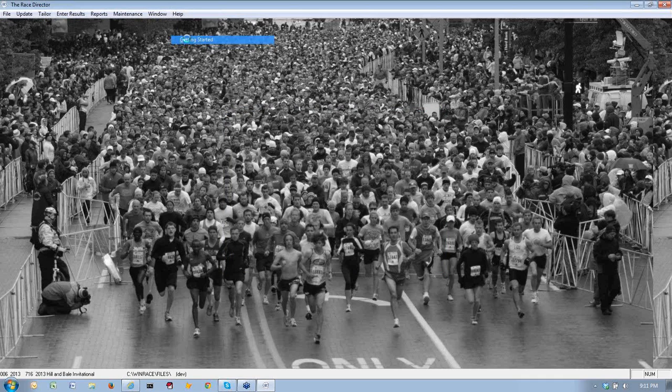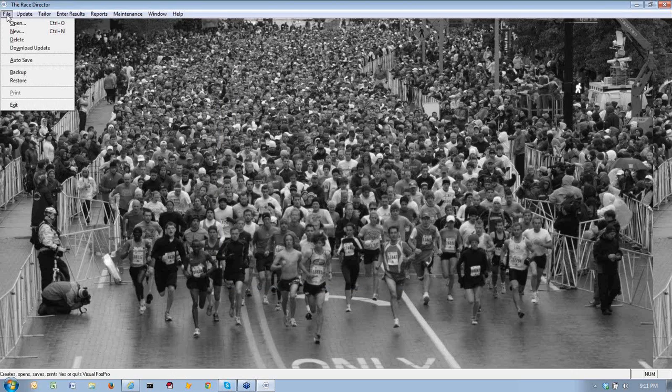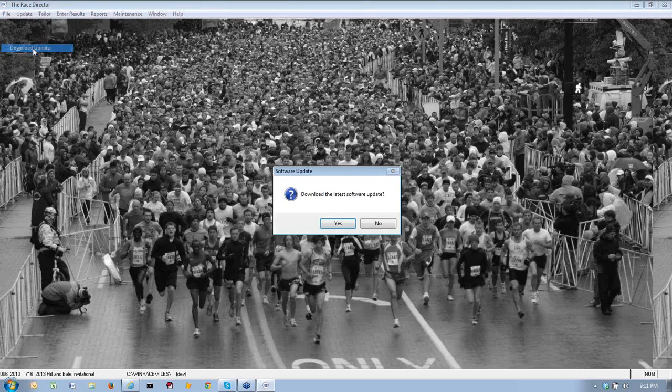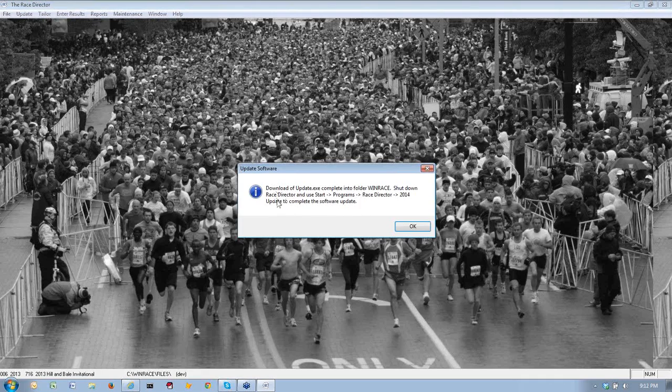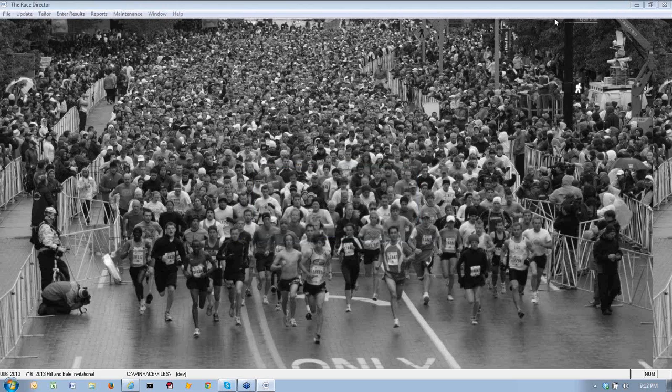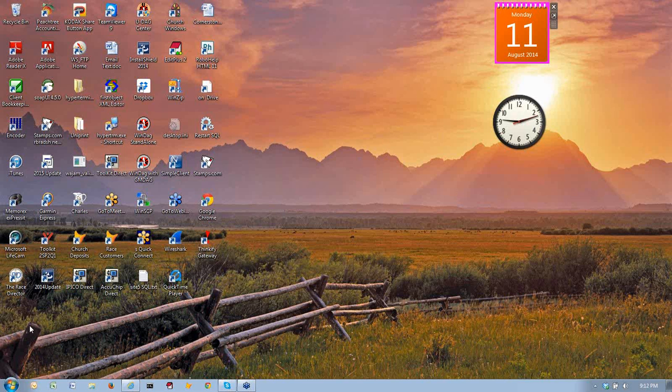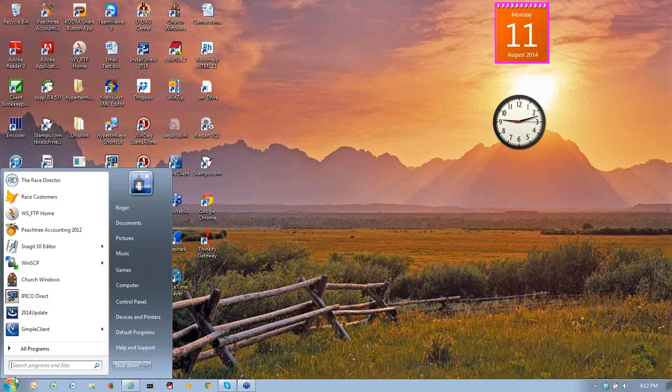Okay, so this is Race Director 2014, and I don't want to divulge a serial number, but believe me, it is. Before doing any race, I would suggest doing this download update to get the latest updates in Race Director. It only takes a minute. It's a two-step process. Step one is to do the download, and step two is to actually go in. I'm going to show you where you find this in Windows 7, and I'm not quite sure what to tell you about Windows 8, but in Windows 7,